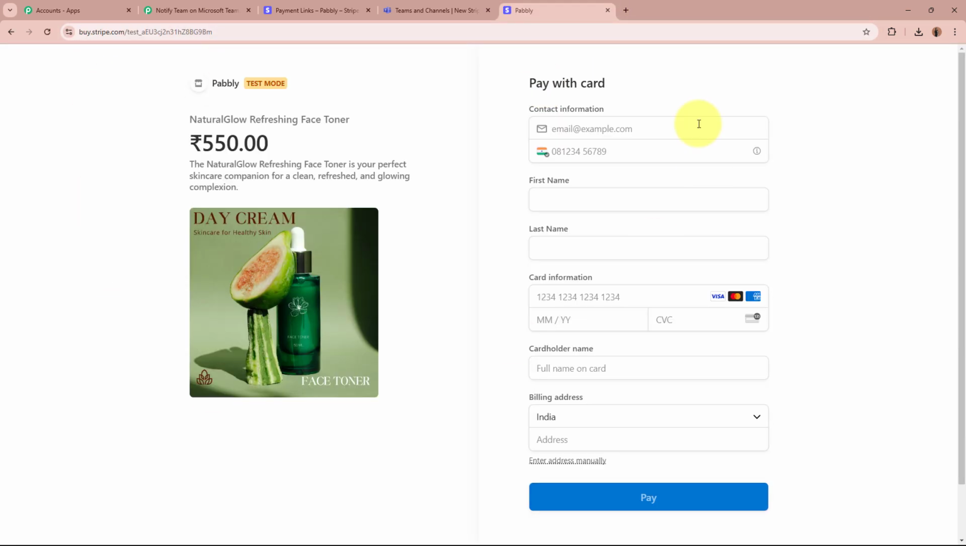here, okay? And now what happens is you're going to land on the payment link of this product, that is Natural Glow Refreshing Face Toner. Now what we're going to do is the test purchase of this product, okay? Over here, it is asking for the contact information of our customer. So I'm going to fill in the details. For the email over here, I'm going to write it as